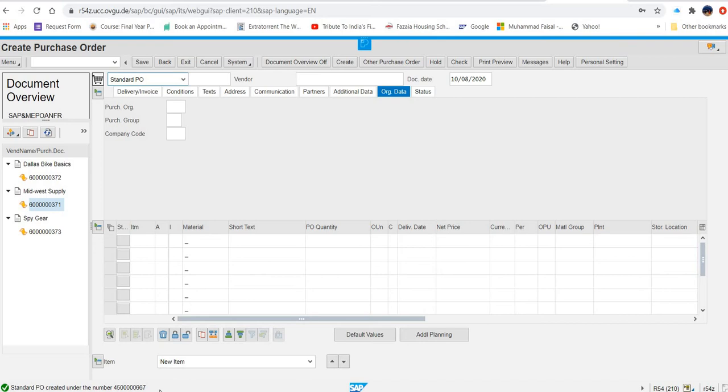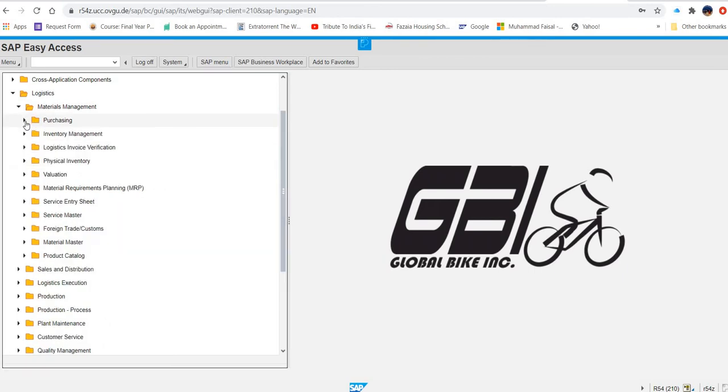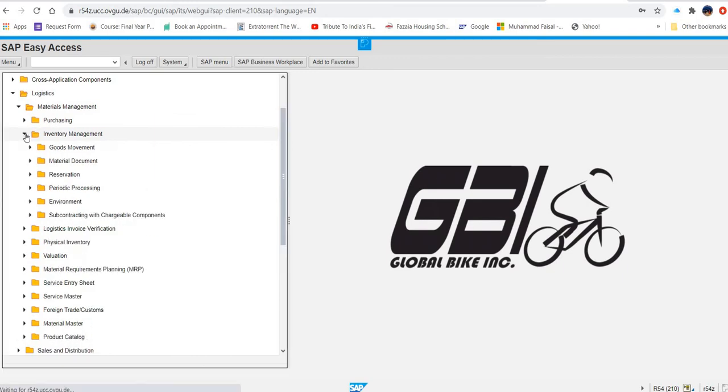Now the next step is, again I am skipping this display purchase order option, going to the next one, that is create goods receipt. So I'm going out from this. Logistics, materials management. Under materials management, then inventory management.